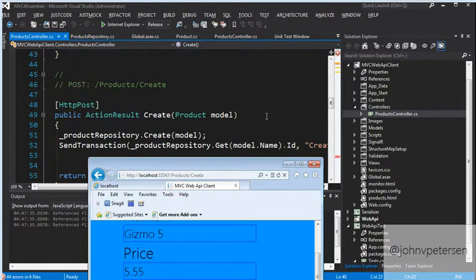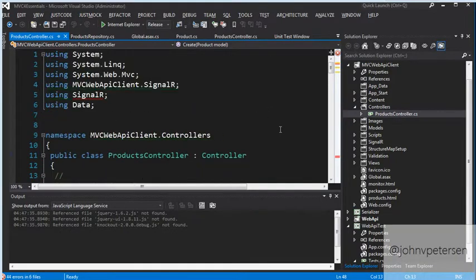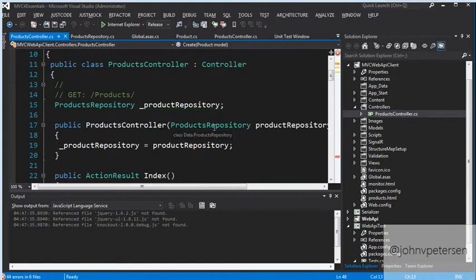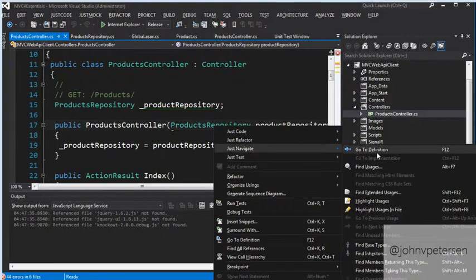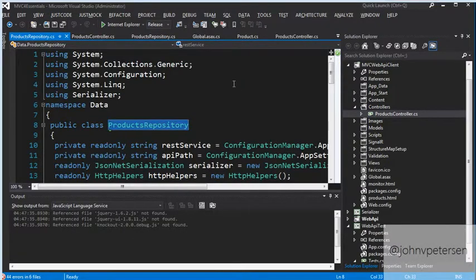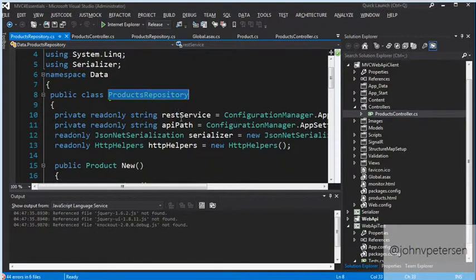Remember, what's a repository? The repository is an abstraction around some data store. From the vantage point of the Web API, the data store would probably be the database. What's the data store from the vantage point of MVC or from some other client? It's going to be the Web API service. So if we come up here, and if I right click and go to definition on this products repository, this product repository is working with